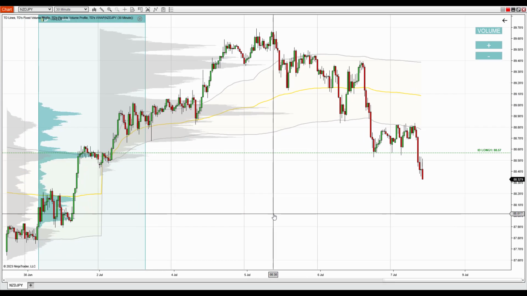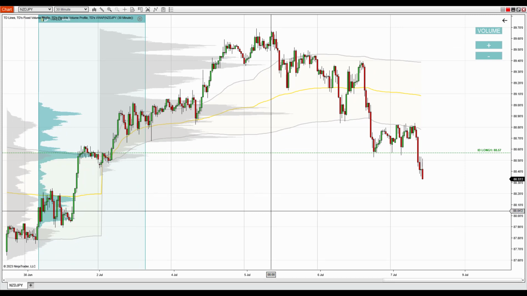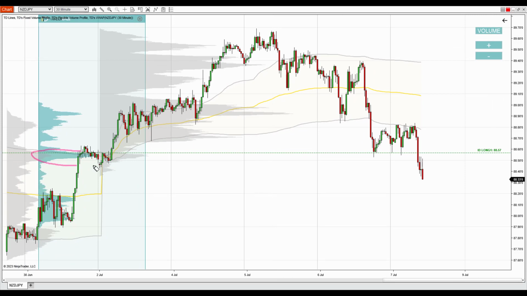Let me now switch over to the chart and see how this trade played out. So this is the current chart of the New Zealand dollar Japanese yen. This is the heavy volume zone from which I predicted that there would be this reaction. This was the reaction. So it played out nicely, but what I want to talk about in this video is